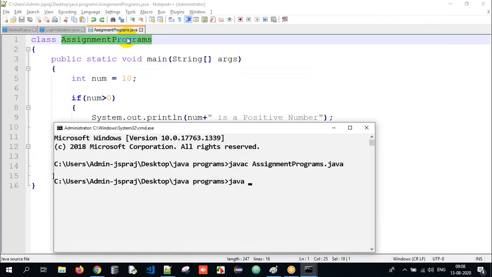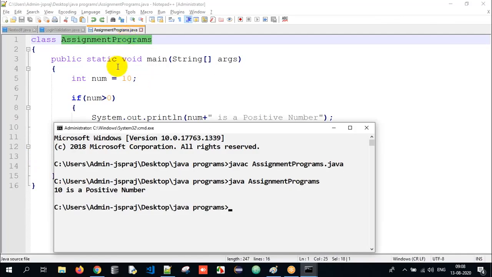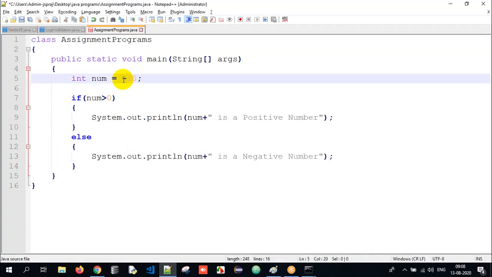Compilation should be successful, and then interpretation. Is it true? Yes, 10 is a positive number. I got the expected output. Got the clarity here? Very good. So if I give it as minus 10 and execute it now,